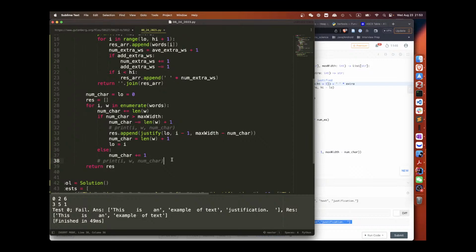Right, and then the last one, we basically add the last one. It's smaller than numchar plus equal 1, so we add.